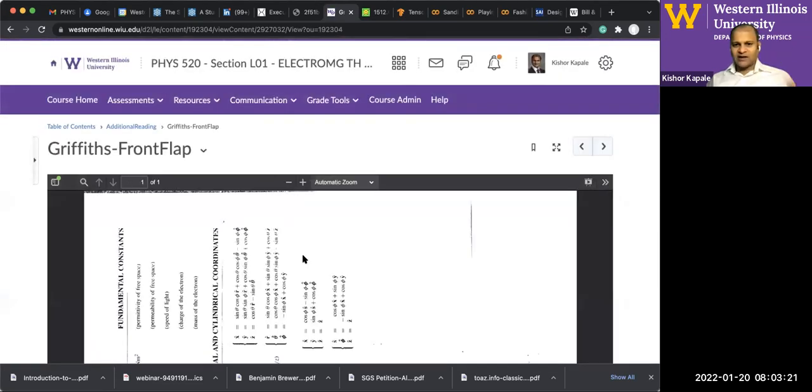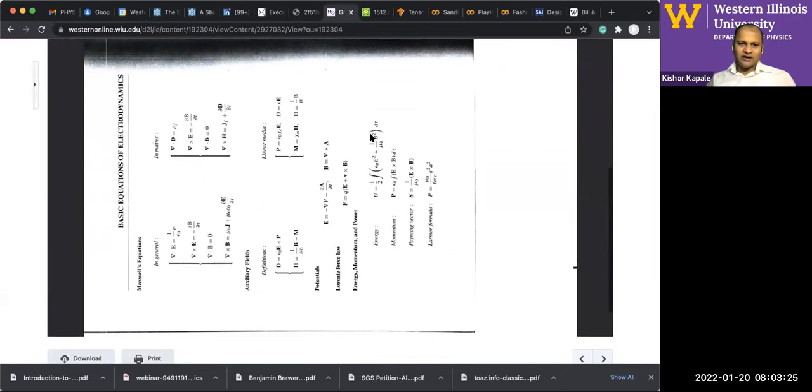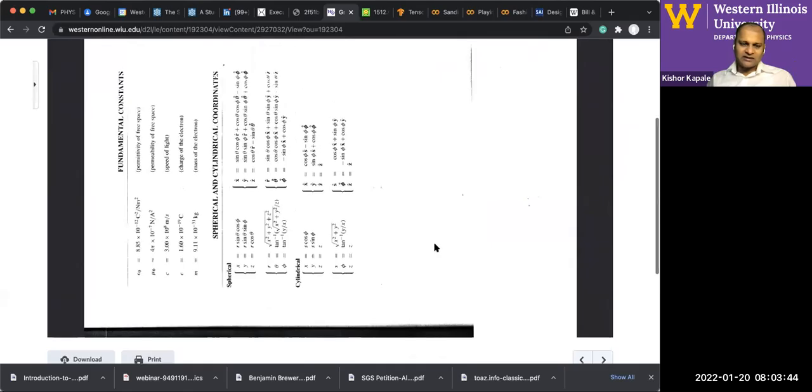So Griffiths, which is the undergraduate E&M text, has this front flap with the important formulae: the Maxwell's equations in general, in vacuum and in matter, the definitions of the fields, the potential definitions, Lorentz force law, energy, momentum, power, all of those quantities, fundamental constants, and then the spherical and cylindrical coordinates, coordinate transformation. So how do you express Cartesian coordinates in terms of the spherical or cylindrical coordinates, or the inverse relations, which is getting r, theta, phi or s, phi and z in terms of x, y, z. So those are there, and the unit vectors. The unit vectors are crucial,